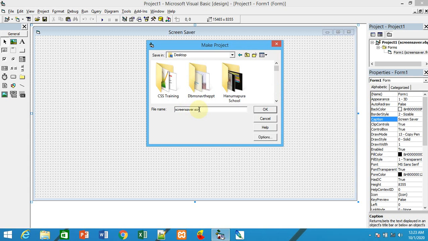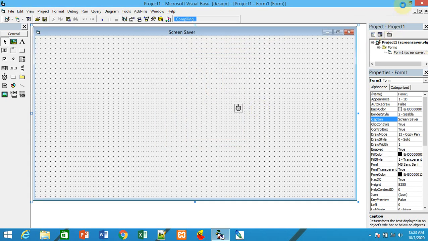SCR means screensaver. Change the extension and say OK. I have chosen desktop as the destination, meaning this file will be stored on the desktop. So screensaver.scr, say OK. Then minimize it.